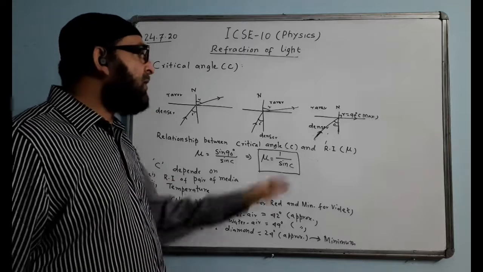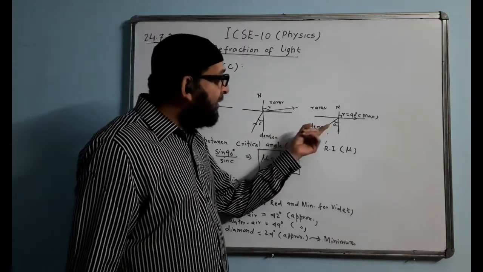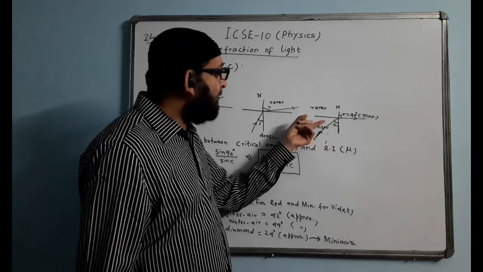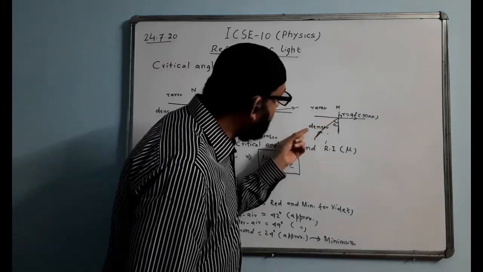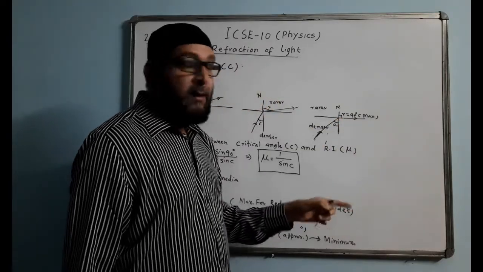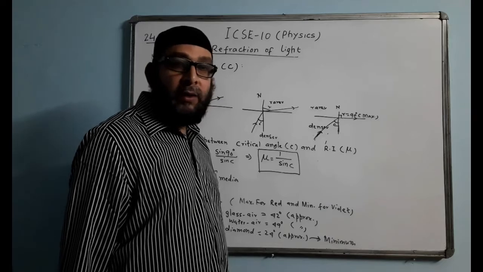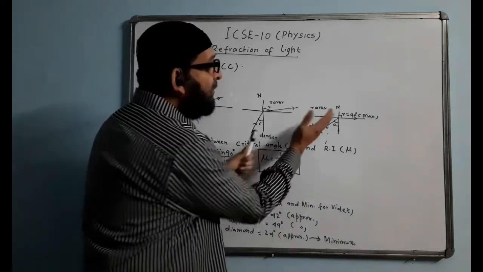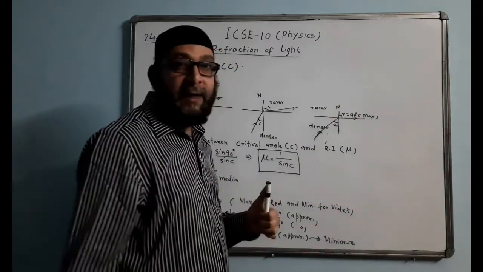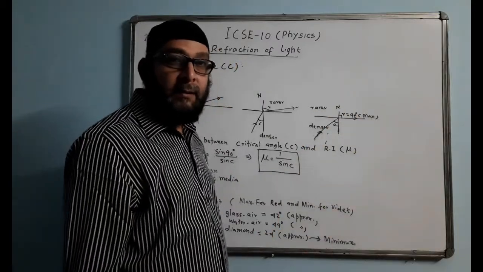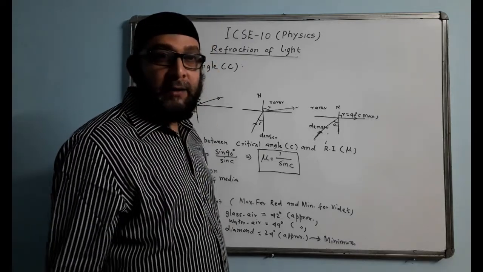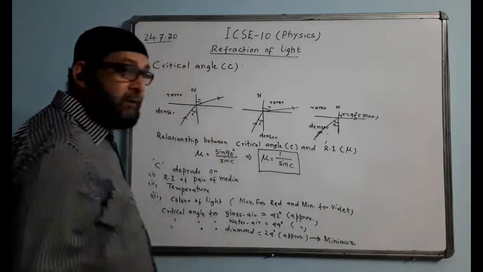Now one more case you can see out here. If I further increase this angle of incidence, I take it slightly more, then what will you see? You will see the ray of light is not going away; it will return back in the same denser medium. So this phenomenon is called total internal reflection. When the angle of incidence is more than this, the ray will return back in the same denser medium, reflecting back, and the phenomenon is called total internal reflection of light. That is our next topic, so I am going to do that now.